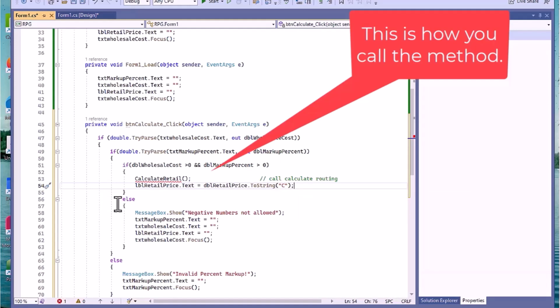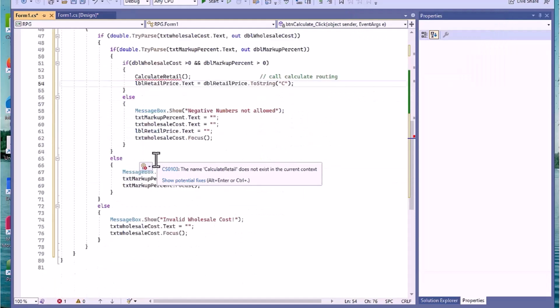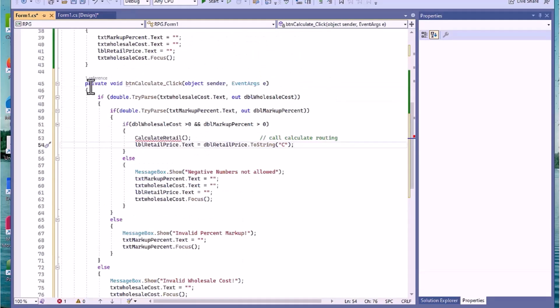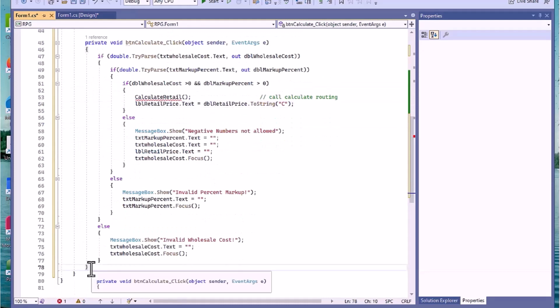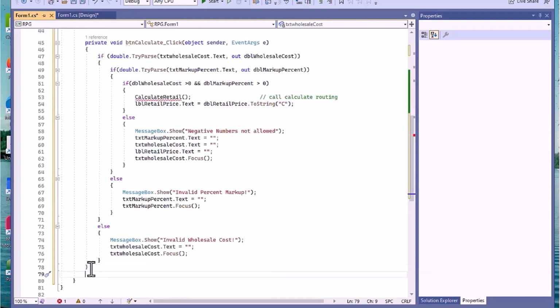Okay, so we have one big fat error right here. That's because we have not written the method. We need to do that. This is going to be fairly simple. We simply go down to creating methods. We go down to the bottom of the program or anywhere we want. Follow the line down here so you're working in the same range as the other ones. You want to keep your braces proper. And you simply say